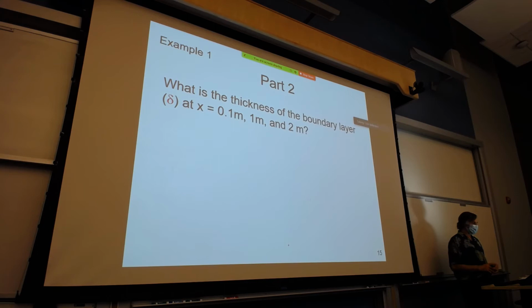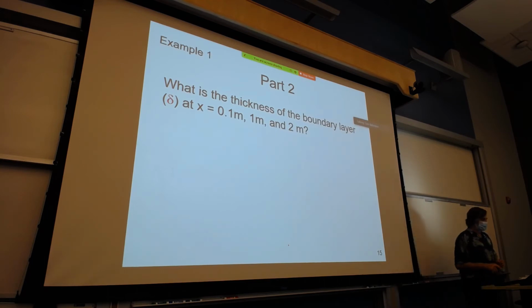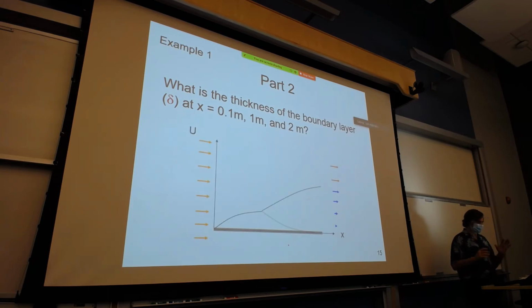Part 2. What is the thickness of the boundary layer? Again, the total boundary layer thickness uses the Greek letter delta, at x equal to 0.1 meters, 1 meter, and 2 meters. So again, this is our operative sketch, and we have a plate where x is equal to 0 at the leading edge. We want to know what the thickness is